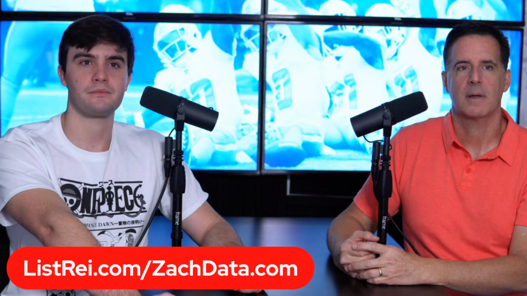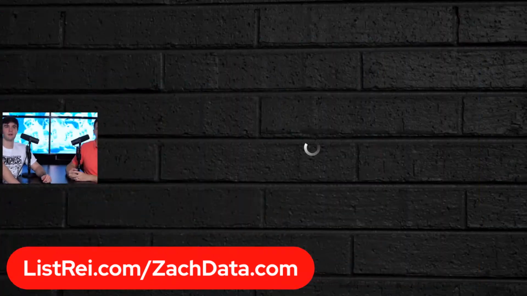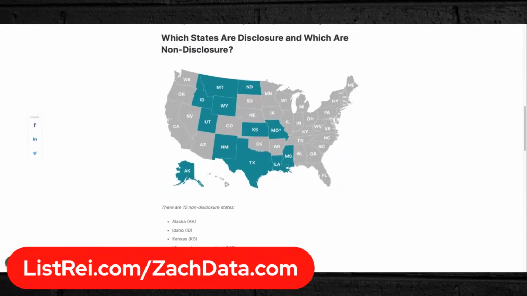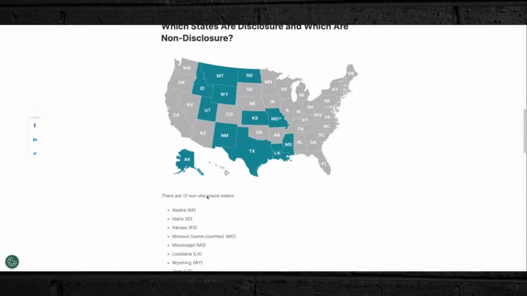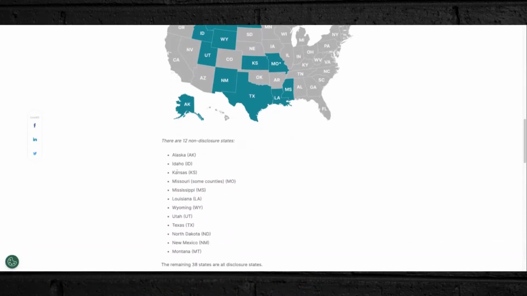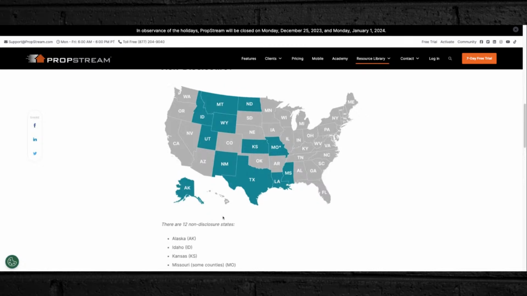Here we go. Let me show you what the non-disclosure states are. These are going to be the non-disclosure states really quick, basically the states that don't disclose sale prices. So we've got Alaska, Idaho, Kansas, Missouri, some counties, Mississippi, Louisiana, Wyoming, Utah, Texas, North Dakota, New Mexico, Montana. The rest are disclosure. For the majority of wholesalers, Kansas is going to be big, Texas and Louisiana,